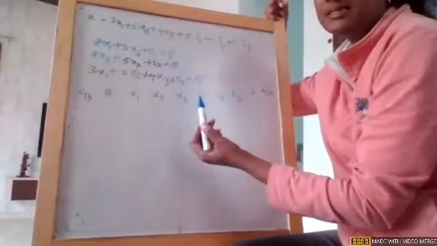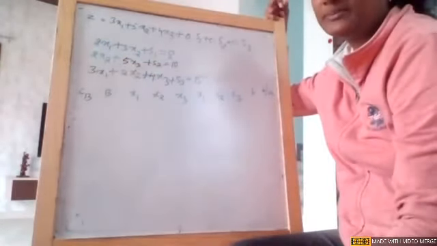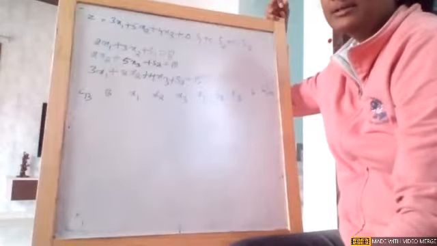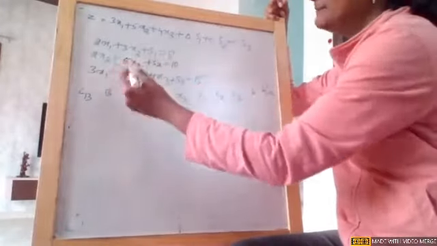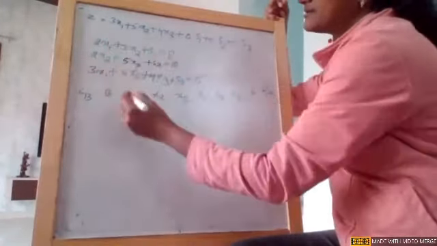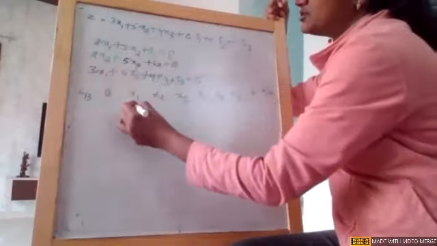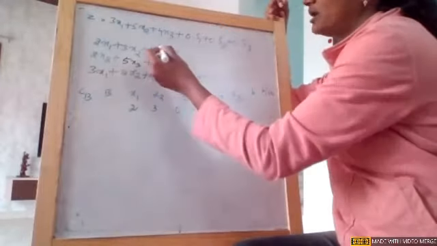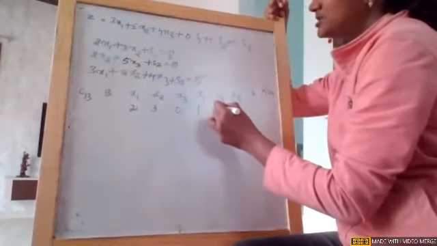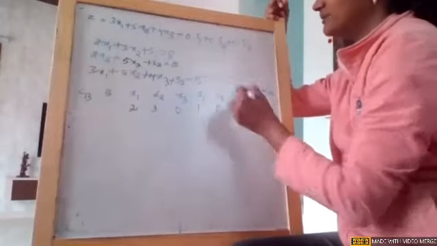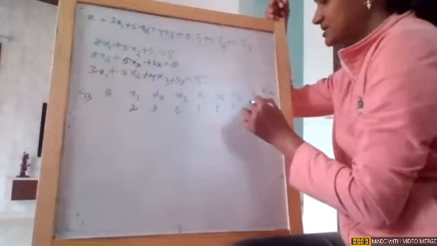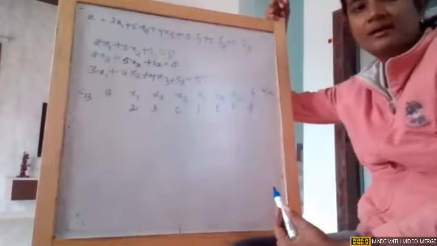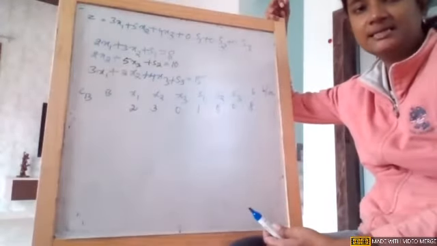Listen carefully, girls. Any doubt, please immediately stop me and ask. Now take the first equation. The coefficients of the first equation you are supposed to write. First, for x1 the coefficient is 2. For x2 the coefficient is 3. There is no x3 variable, so 0. For s1 it is 1. S2, there is no variable. S3, there is no variable. B represents the constant, which is 8. Understood, girls? How did we write? Is it clear to you?